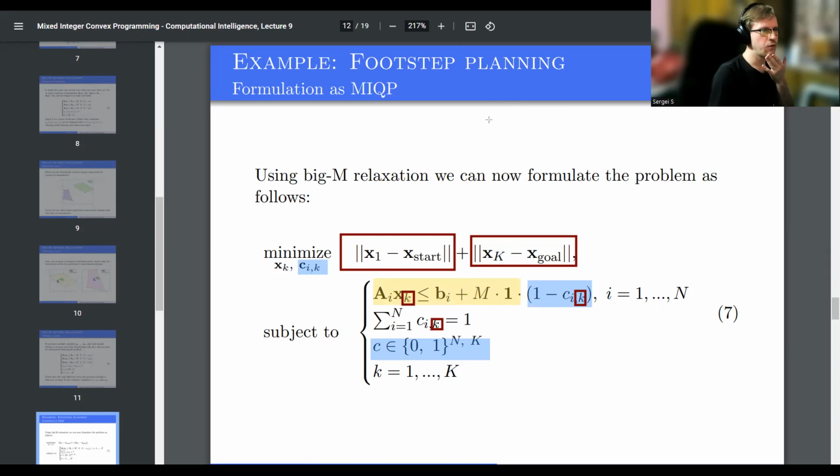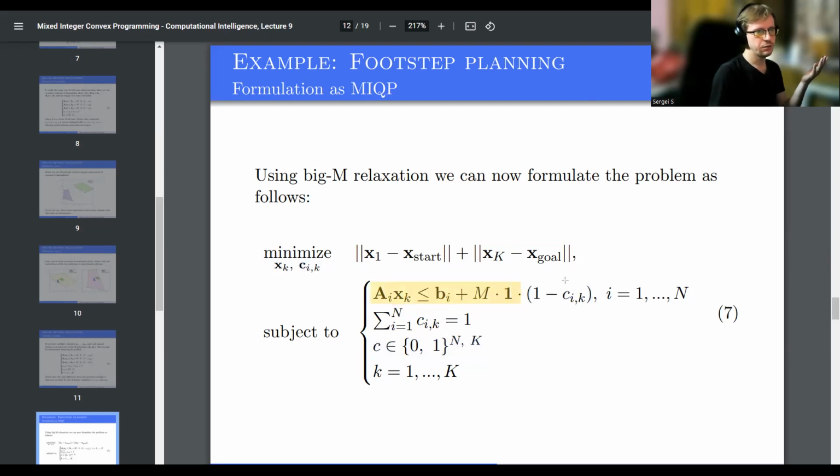Notice the sum over i's. So i is a region. The sum over i's will be equal to 1. So the sum over regions, not over steps. And that's it. So this very simple program where we have